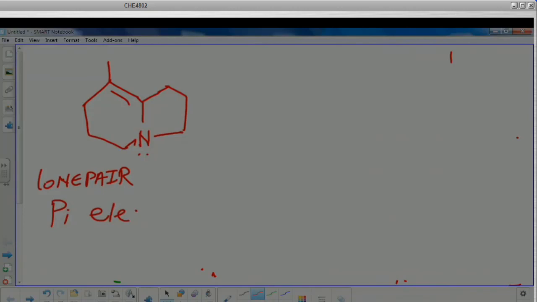So which electrons will move faster if you have a combination of lone pair and pi electrons on the same molecule? Lone pairs. The lone pair will be the one to make a move. They can only move to here. You see that? They can only move to there, and then they will change these ones over to this carbon.